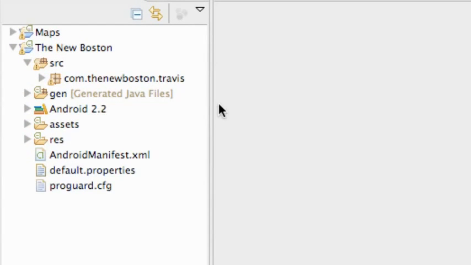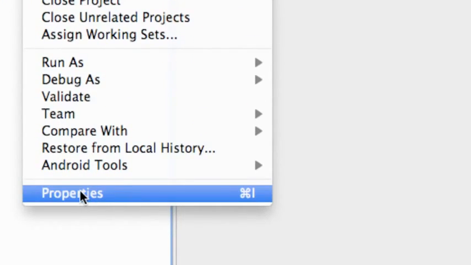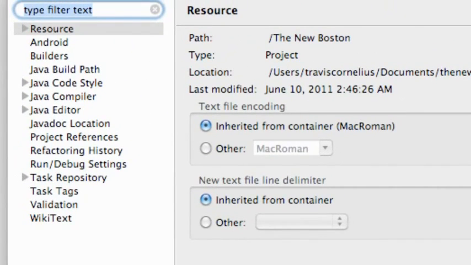But again, I downloaded the SDK through Eclipse, so all we have to do is access that and add that jar to our project. So we're going to right click on the new boss package, or whatever package you guys are adding AdMob to, and we're going to go down to properties. Once we open the properties, we get something like this. We're going to go to Java build path,